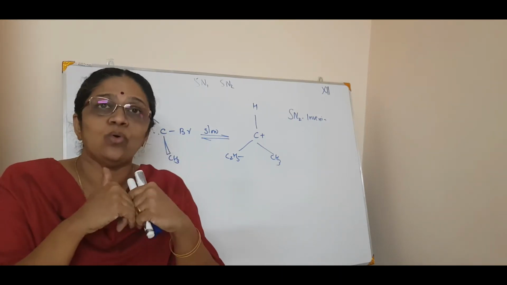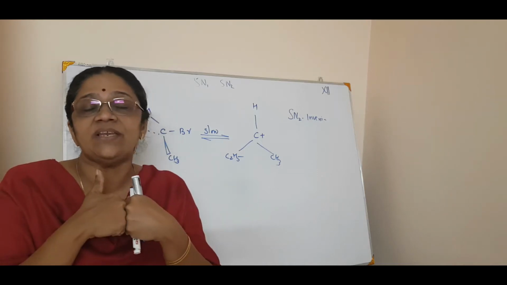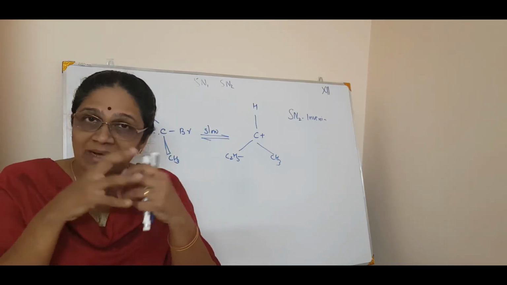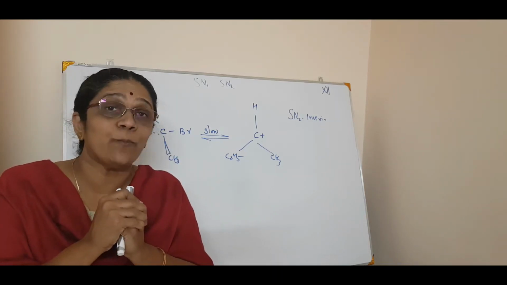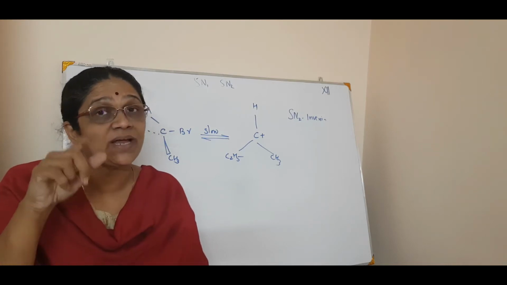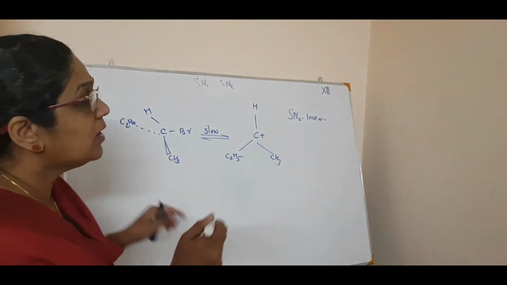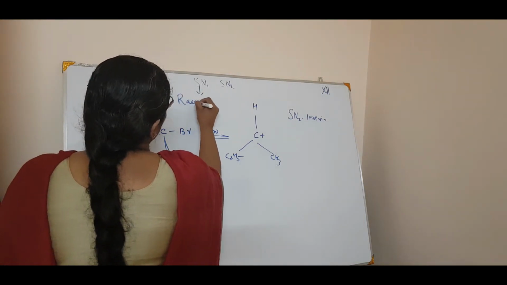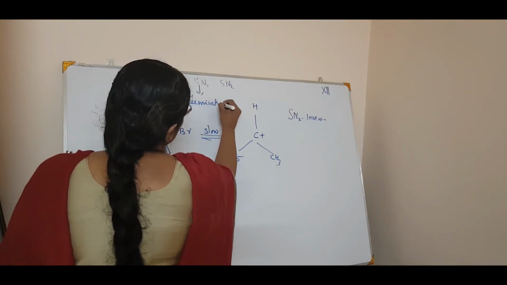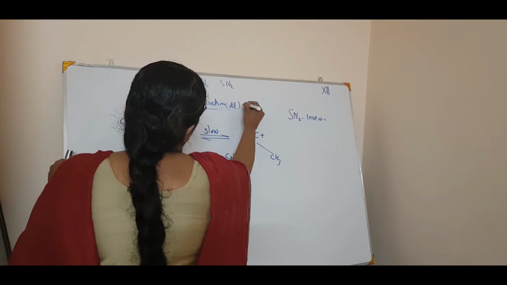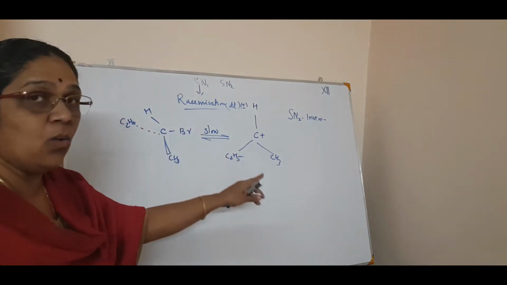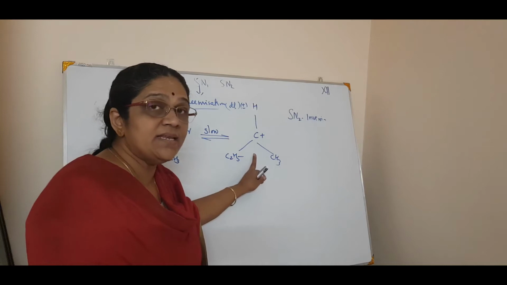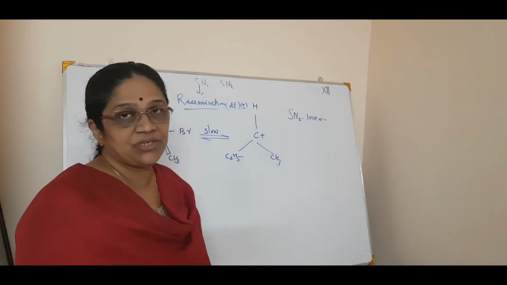So when you mix with an equal proportion, the two will combine and the mixture will have a 0 optical activity. And you are used to writing DL, isn't it? Or plus or minus. So the SN1 mechanism will always go for racemization. That means DL or plus minus. Now we will see how this carbocation entity ends in racemization.